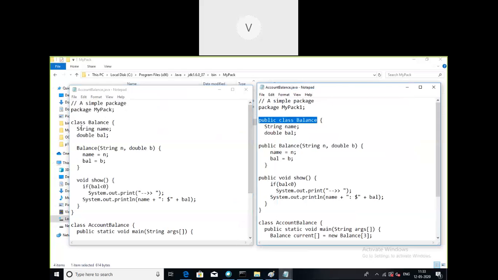The only change I have made is that earlier the class Balance was not public, it was default access. Now here the class Balance is made public. So this is the change, because I want to keep this Balance class independently in some package. For explanation purpose, this was mypack and what we have considered is mypack1. Only that change I have made.